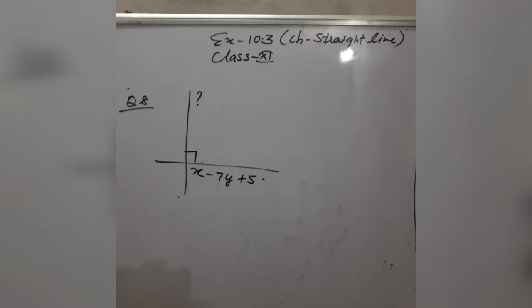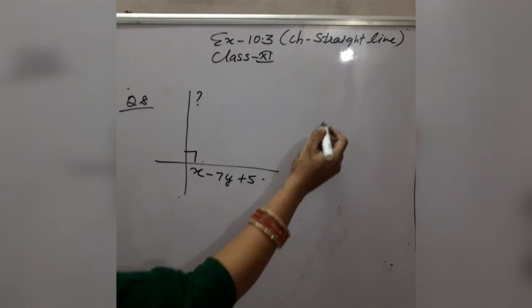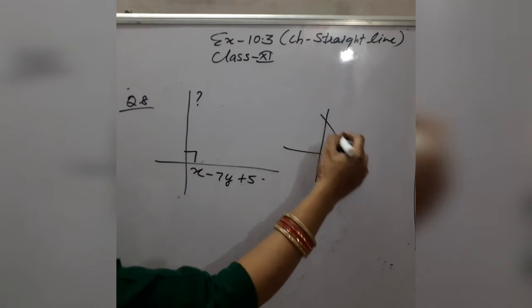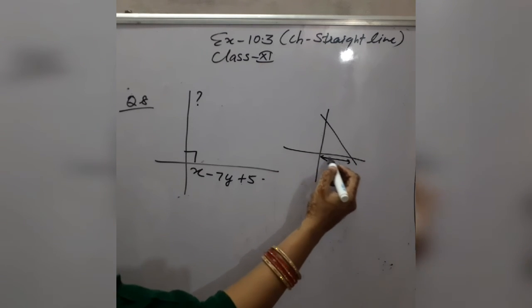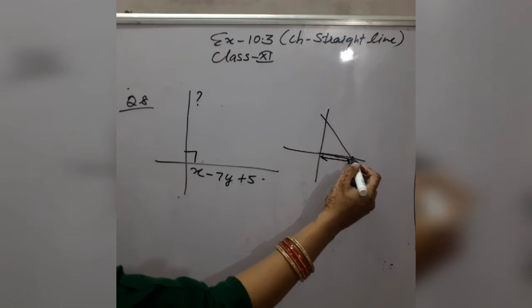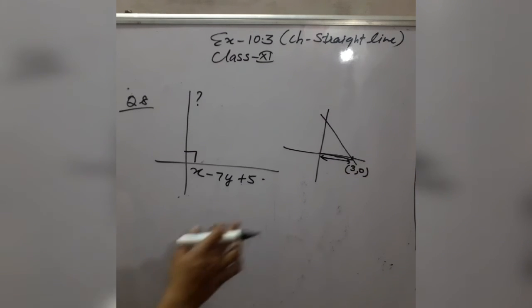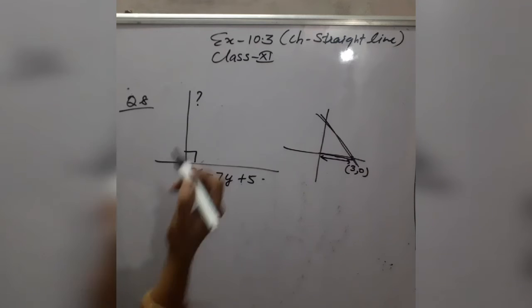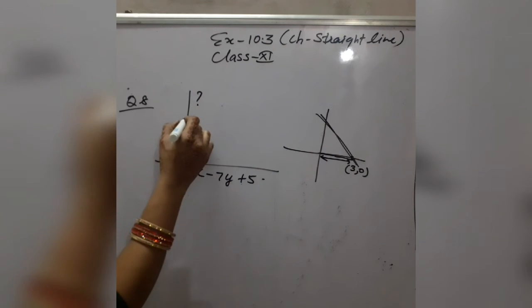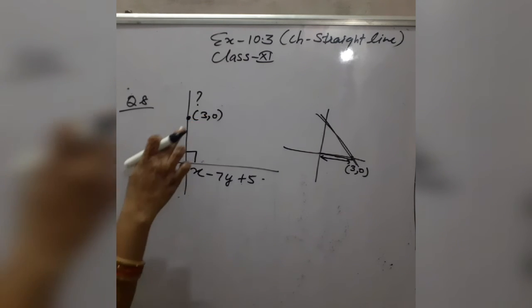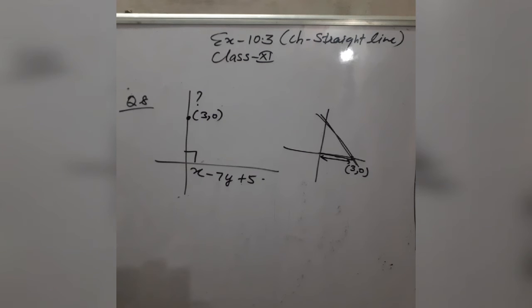So now find the equation of the line which is perpendicular to this line and having x-intercept 3. The x-intercept is given to you. If you draw this line in this way, then this line intersects the x-axis at 3 units distance, meaning this line passes through the point (3, 0). So anywhere on this line you can take this one point (3, 0), because the x-intercept is 3. This is given to you.